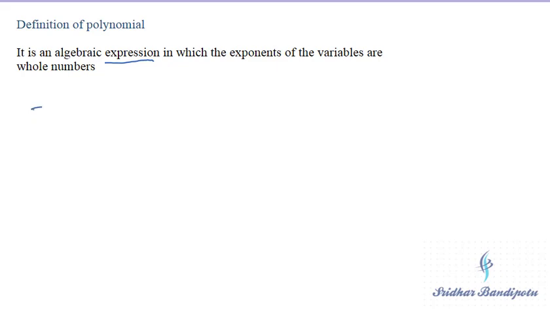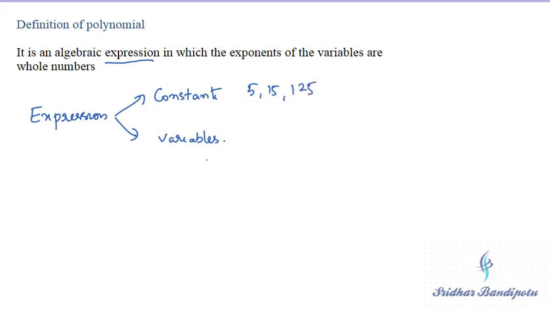An expression is nothing but the combination of constants and variables. We know constants, so all the numbers we can take are constants, right? And variables, the unknown quantity, we can take it as a variable. Basically these variables are denoted by small alphabets. Basically we'll write x, y, z, but you can use any small alphabet. Now this is about variables and constants.